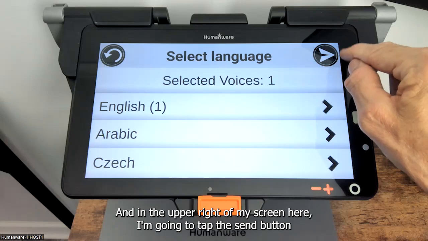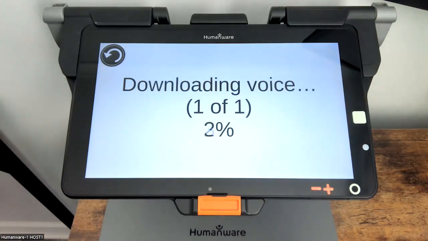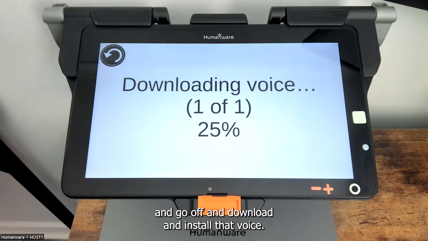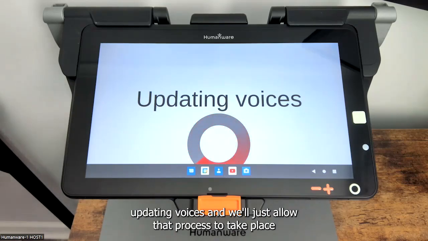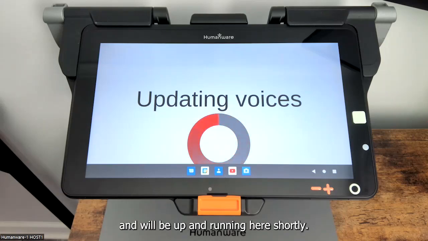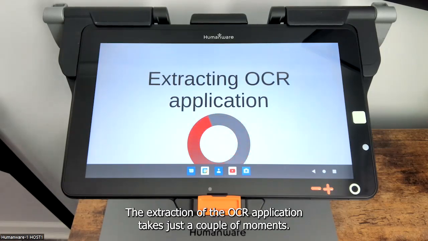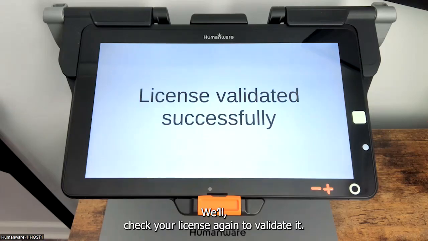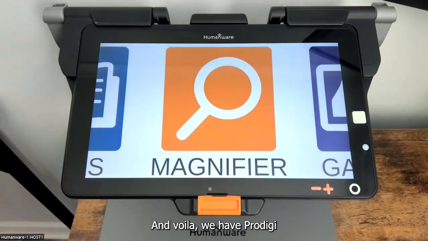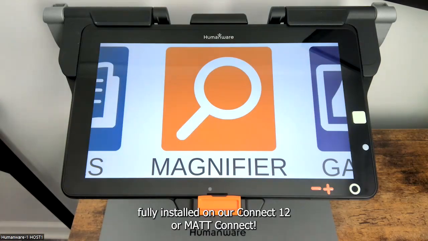And in the upper right of my screen here, I'm going to tap the send button and go off and download and install that voice. So the download is completed, and it will immediately go into updating voices, and we'll just allow that process to take place, and we'll be up and running here shortly. The extraction of the OCR application takes just a couple of moments. In this case, we'll be extracting English because I selected an English voice. We'll check your license again to validate it, and voila, we have Prodigy fully installed on our Connect 12 or